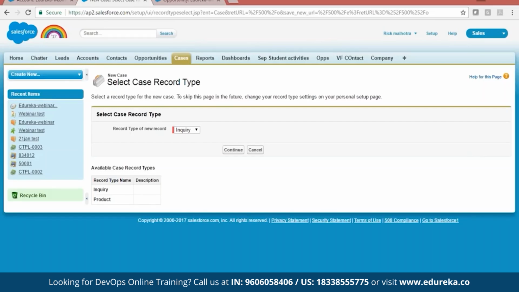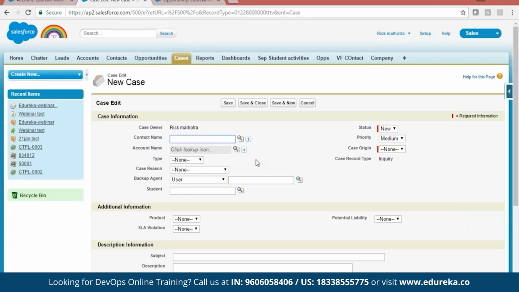Now a case can be an inquiry case, and can also be on the product. So let's create a case. To capture this case, I need an account, I need a contact name. Now a case can be raised by an account or by a contact. For example, you have purchased those 500 t-shirts from us for your account and you have purchased everything for your company, and now you want to raise a ticket that all those items are not good, or you have an issue with the complete organization. Maybe the best example can be a printer.